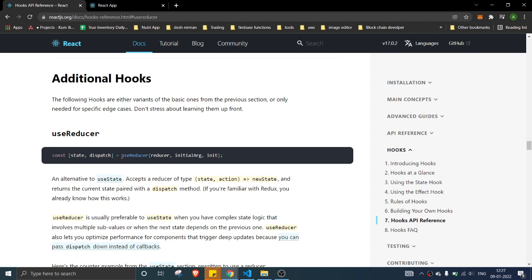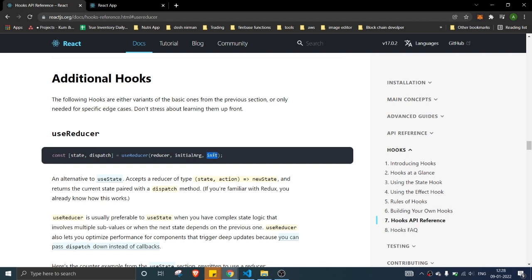Okay, so if you see useReducer, it accepts first a function which is called a reducer. The reducer accepts two inputs, the state and the action. State is the current state, which holds all your objects, and the action is what action you need to take. Basically that is what the reducer function does. And then it will accept the initial argument, where you can define all your default parameters and any initial method which needs to be done.